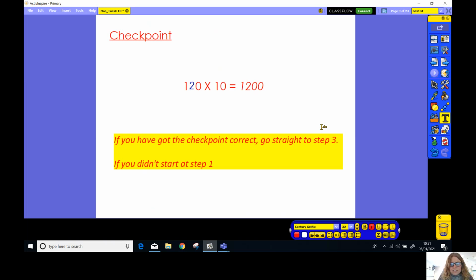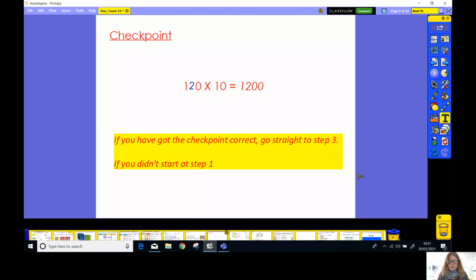Now, if you have found that tricky today and you didn't get it right, I'd like you to start today at step 1 and work through those. But if you have got it correct, I'd like you to just jump straight to step 3, and work through those steps and those other ones up to digging deeper and have a really good go at that. And I'm going to post the answers on Class Dojo,